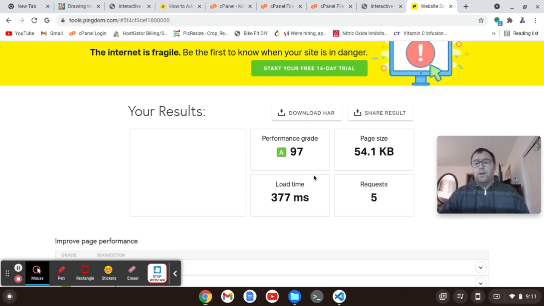But look at this. We got a functional test. We did it in an hour about with explanations. The performance grade is 97. The load time is 377 milliseconds. So that's 0.377 seconds. There's a misconception that to get functionality, oh, you have to have a lot of stuff in there. I've even heard people say, oh, you're not going to get a site to load faster than 3 to 5 seconds. That's wrong. Okay. Anyways,